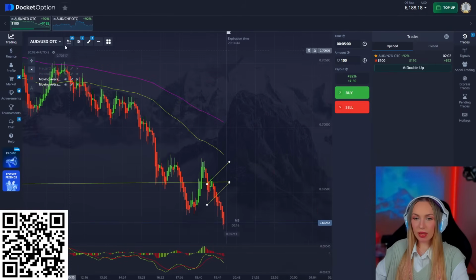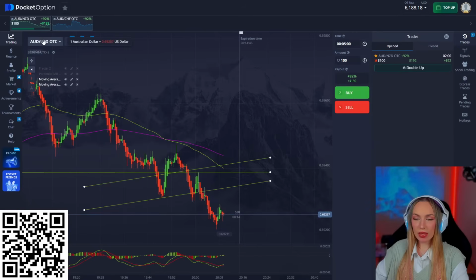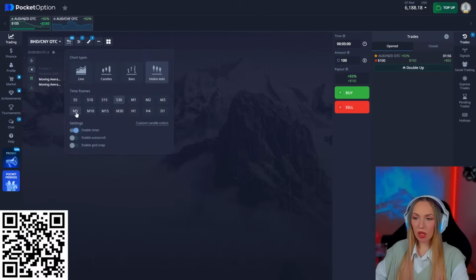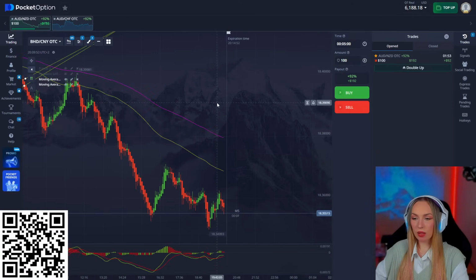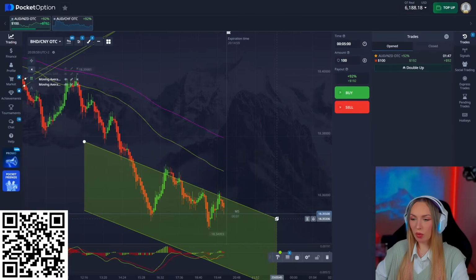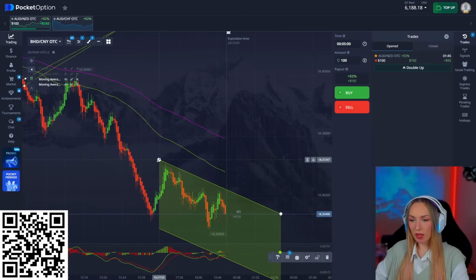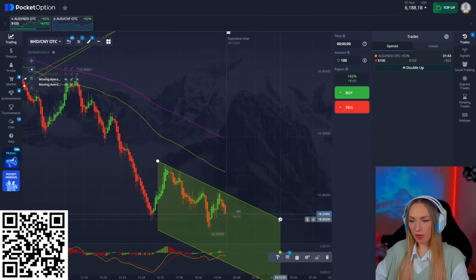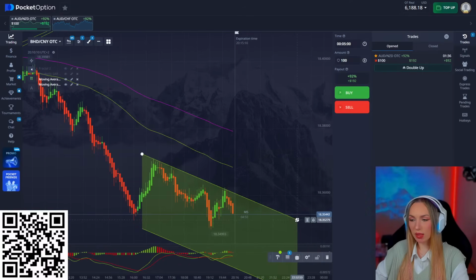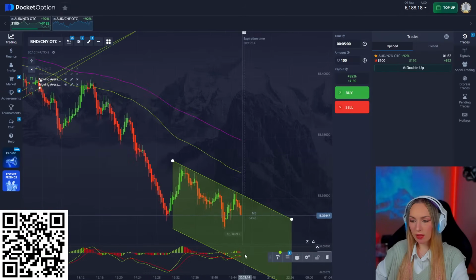Let's go for the next. I'm opening the charts and checking them on every time frame. Basically I'm checking them on 30 seconds and 5 minutes. And even though on this one, BHD CNY, I didn't see a clear structure, but I saw the signal, I still decided to analyze it